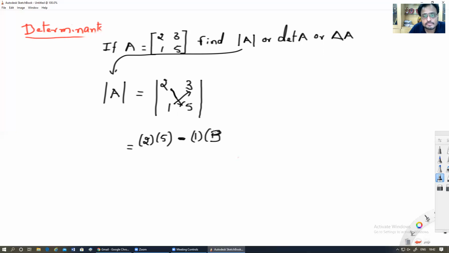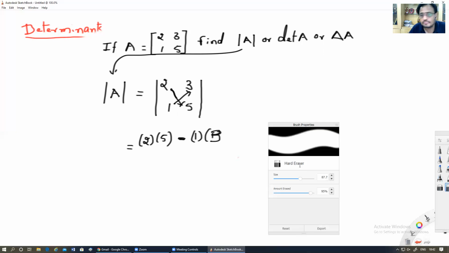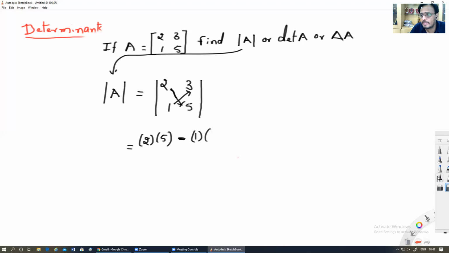So this is 3. Once again, look here. In first year you might know the rules of cross multiplication. To find the determinant of a second order matrix, first we multiply these two. As soon as you complete these two, put a minus sign and then the remaining pair, that is the secondary diagonal. So 2 fives are 10, minus 3 is equal to 7. So determinant of A is equal to 7.